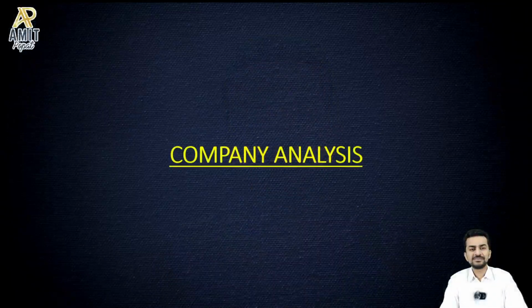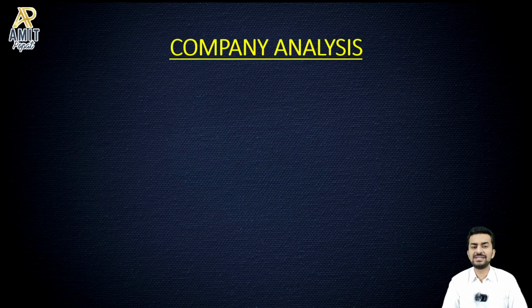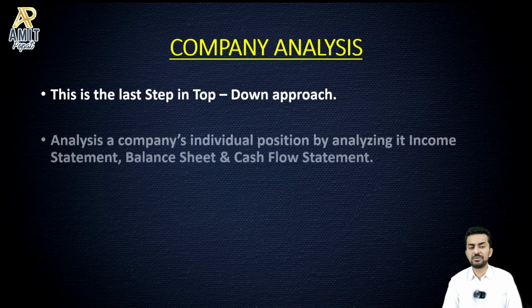And in the upcoming videos, through analyzing the income statement, balance sheet, calculating various ratios and connecting the dots, and of course using some tools which we're also going to discuss in the videos to come, it will take some time, but using those tools, those screeners, you can easily find a company which has growth potential and at the same time is undervalued. So with that said, let's jump into the topic. Today we're going to do the company analysis. This is the last step in the top-down approach.